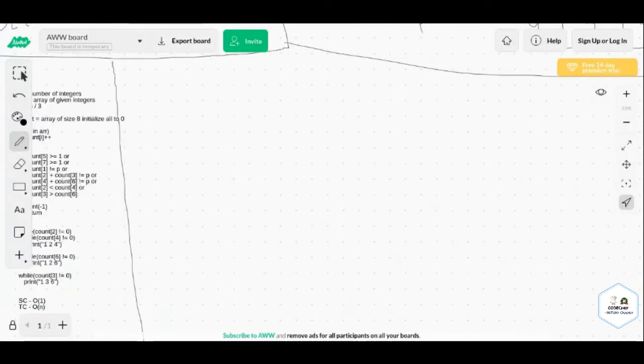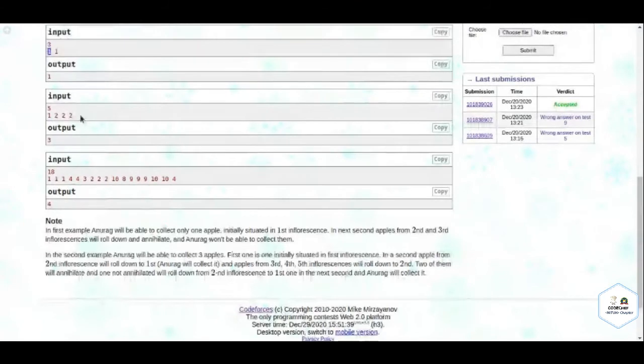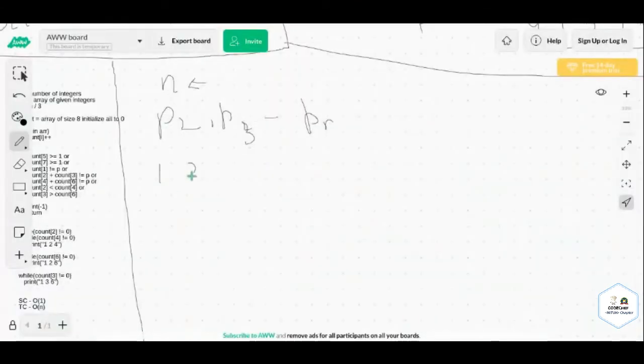So first of all we are given n, the number of inflorescences, and second we are given an array of P2, P3 and up to Pn, that is parents there। okay, so let's take an example just directly। Is this 1 2 2 and 2, and n is 4 here, n is equal to 4 here। so first नीचे है 2 वाले का पेरेंट 1 and then 3 वाले